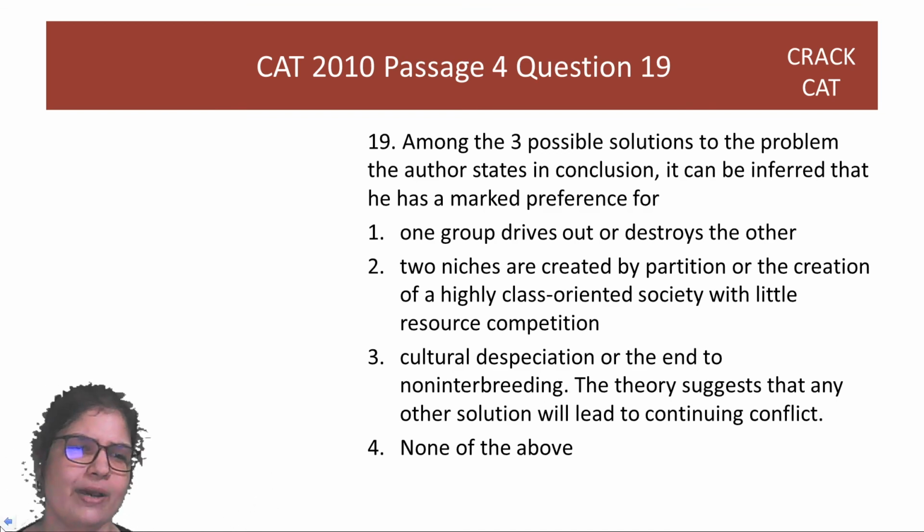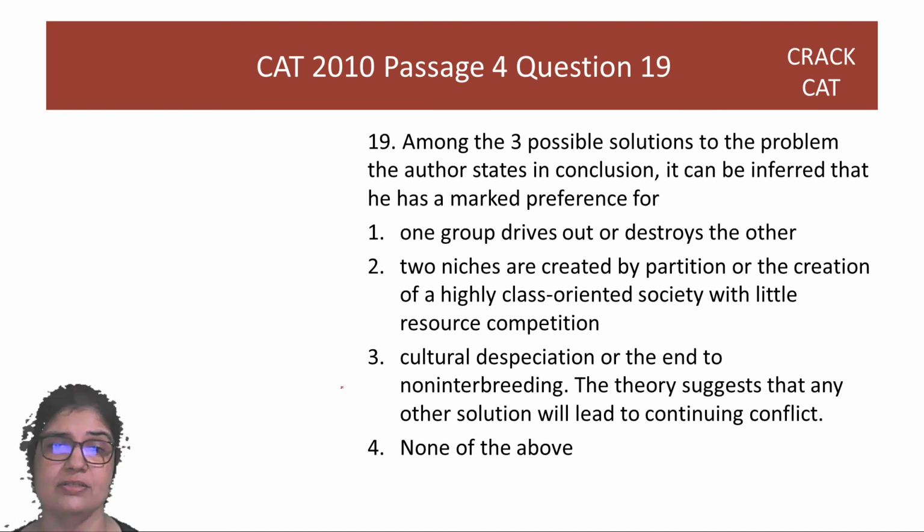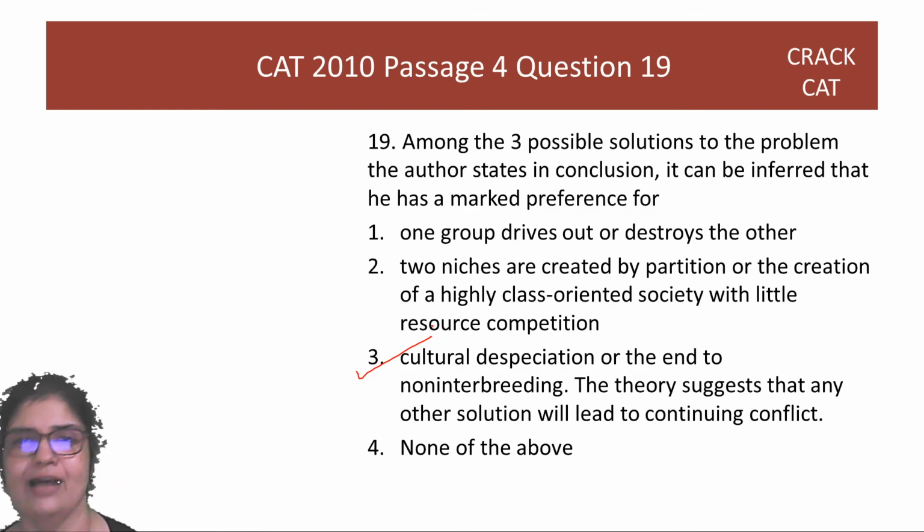You should not even go back and check, guys. It's logical. Unless while reading you felt that the author is unreasonable. But no, everybody is politically correct. If a passage has come in your CAT, it will be politically correct. Nobody is going to write vague passages. So the answer to 19 should be 3.